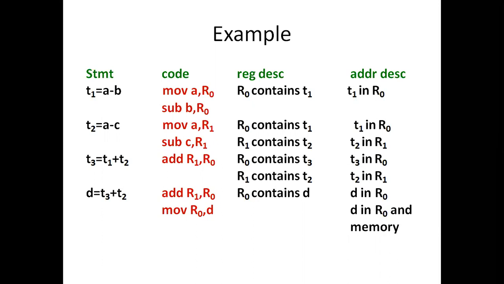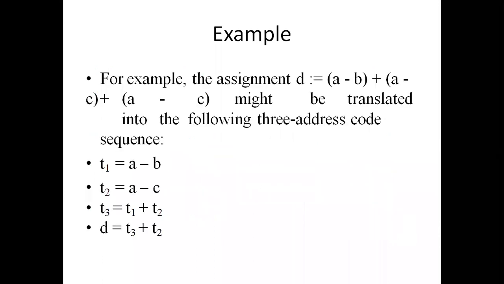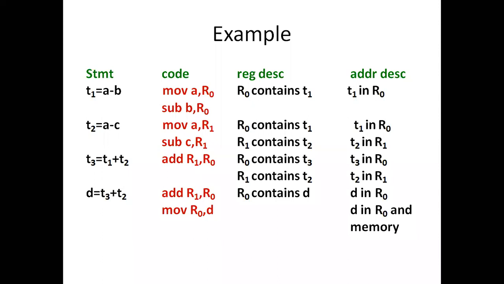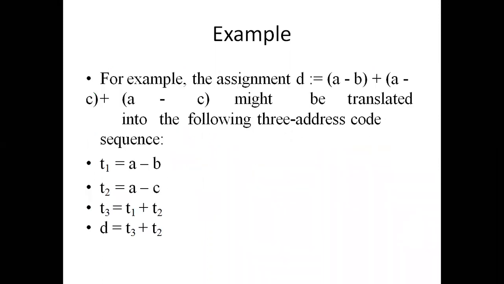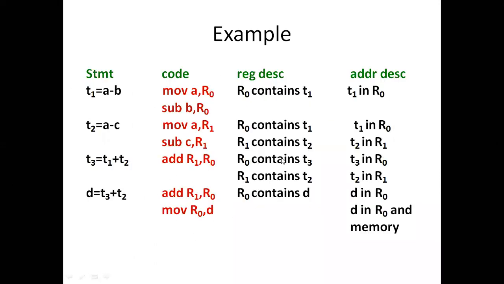This is the code generation table. That is, from the given expression, we need to construct the code in this way. We generate the code for the following expression. For the given expression, the first step is to translate it into three address code, and then we generate the code here. We generate the code sequence here. This code sequence is machine level language code.